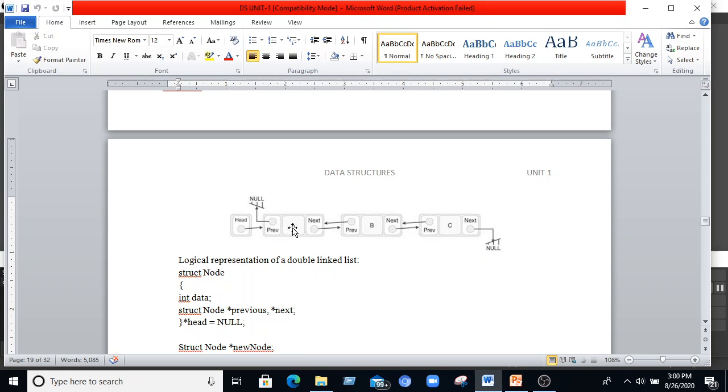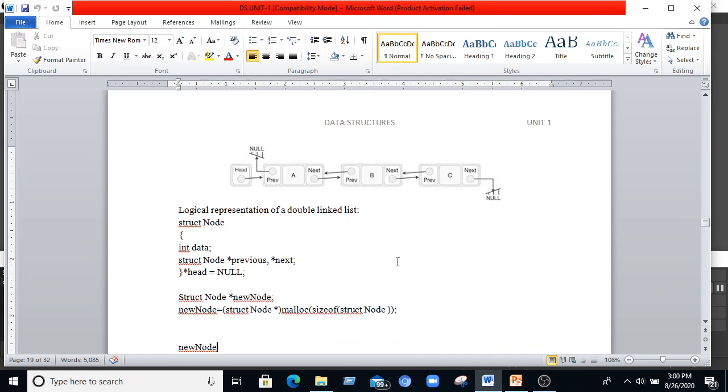Here we will place some value, some data, in the data part, then the next node address link, and this points to the previous node address link. So we are pointing arrows in the forward direction and backward direction. Similarly, the last node consists of the address null. In this way, a double linked list can be represented.